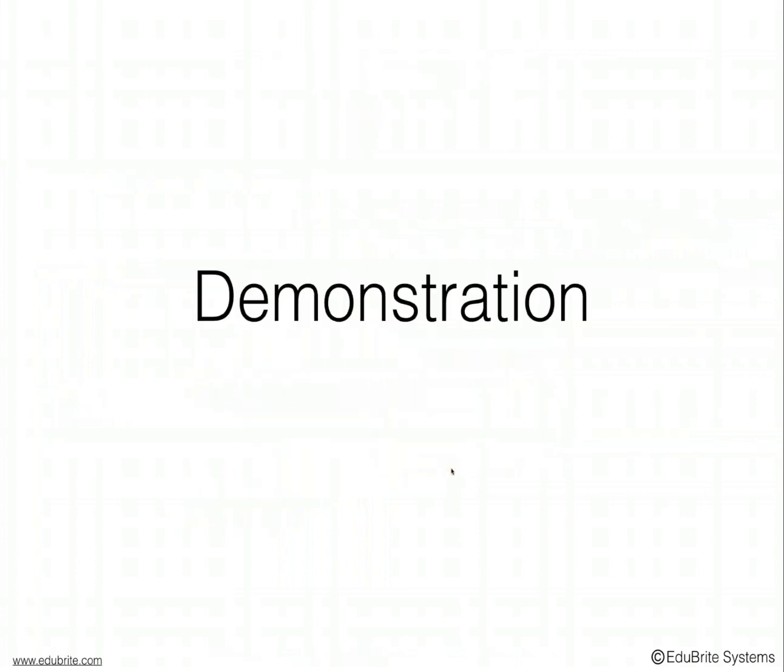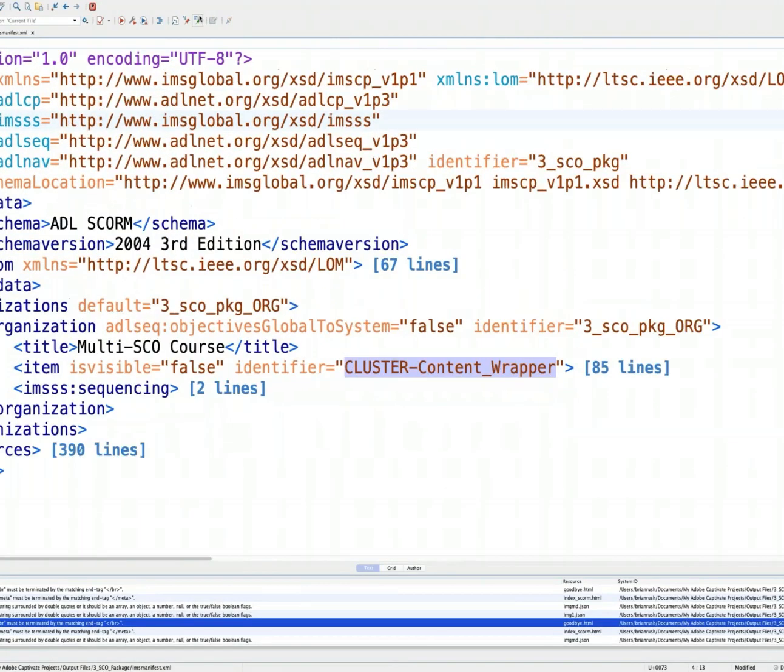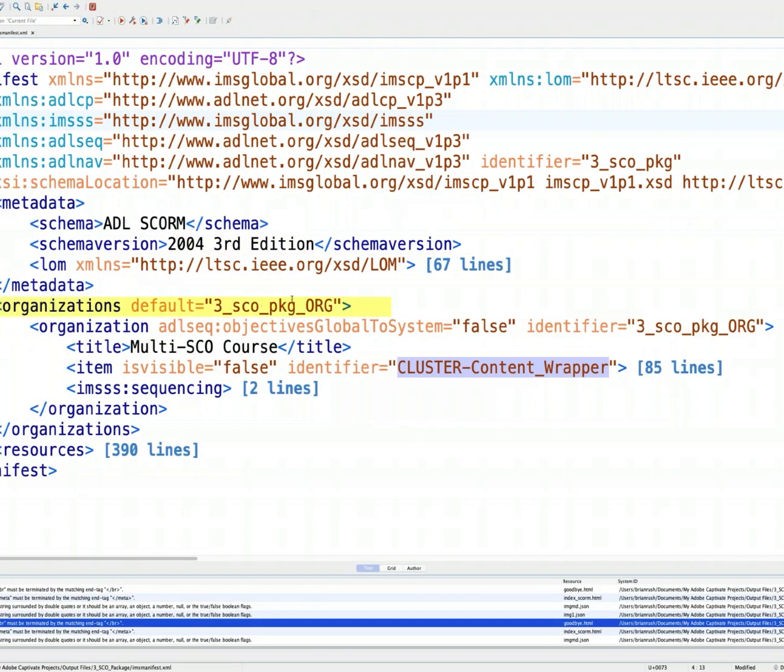So now it's time to go in for a demonstration. What I'd like to do at this point is go to our XML editor here and expound a little bit more on what we were looking at with this content wrapper. So if we look again, we've got the ADL SCORM schema. This is 2004 third edition as our schema version. The organization name is 3SCO Package, and they append the _org to that. We've got our cluster wrapper, and then if we open up this item line,